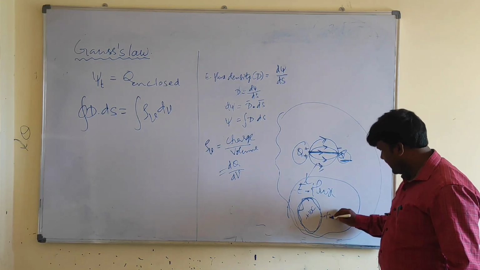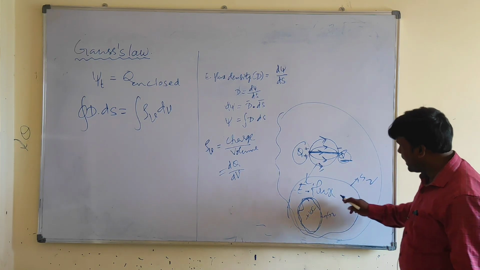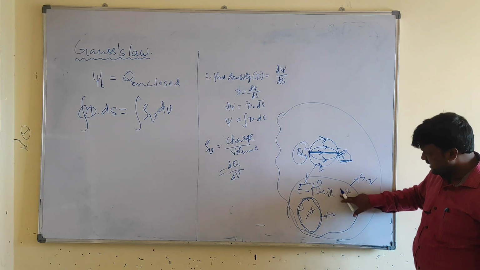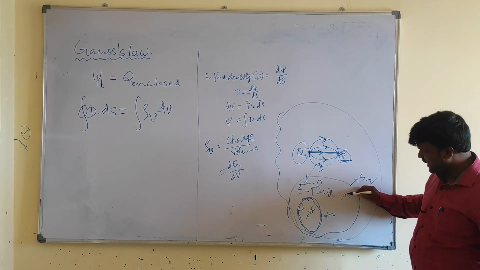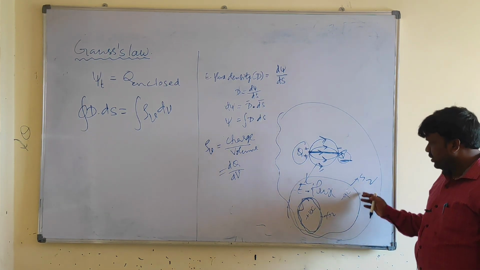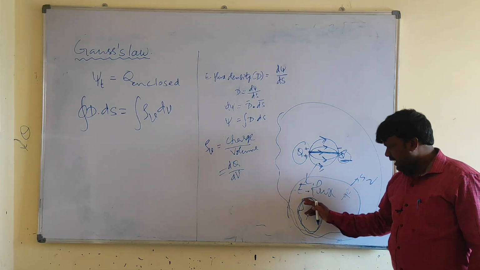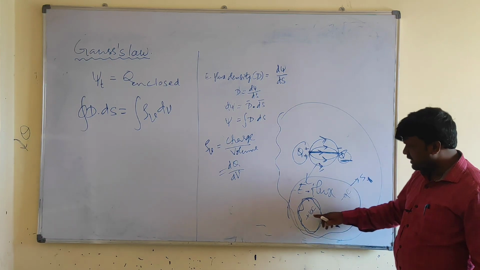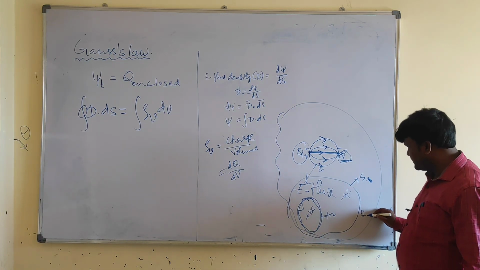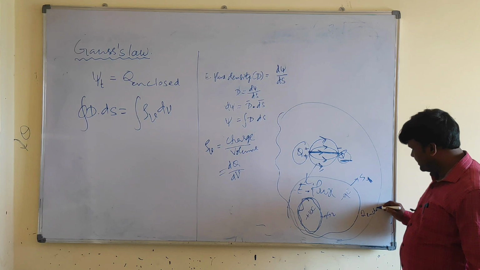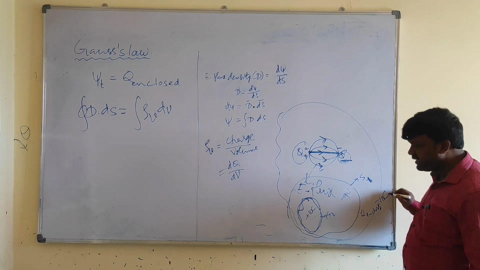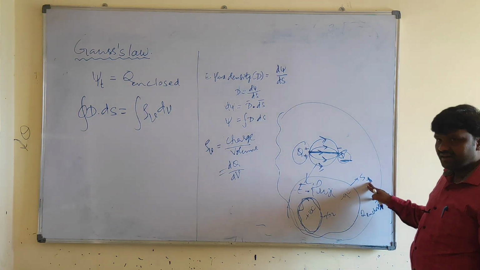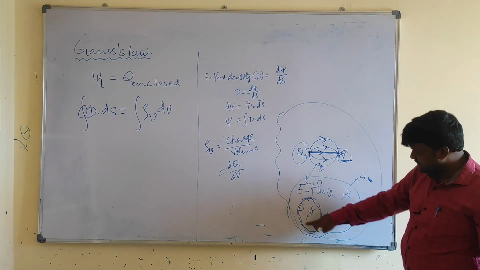It is surface 1 and this one is surface 2. Here you have minus 11 coulombs. Or else let us take it is minus 9 coulombs. Then total charge enclosed by this surface 2 is what? That is Q enclosed for surface 2 is 10 coulombs only. Whereas total charge enclosed by surface 1, this covers this area also, this region also, that's why